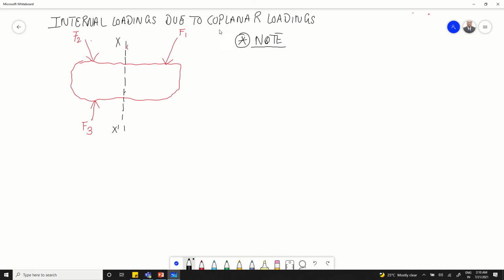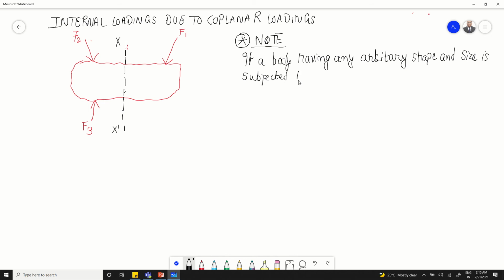If a body having any arbitrary shape and size is subjected to coplanar loading, or forces, as shown in figure 1, then